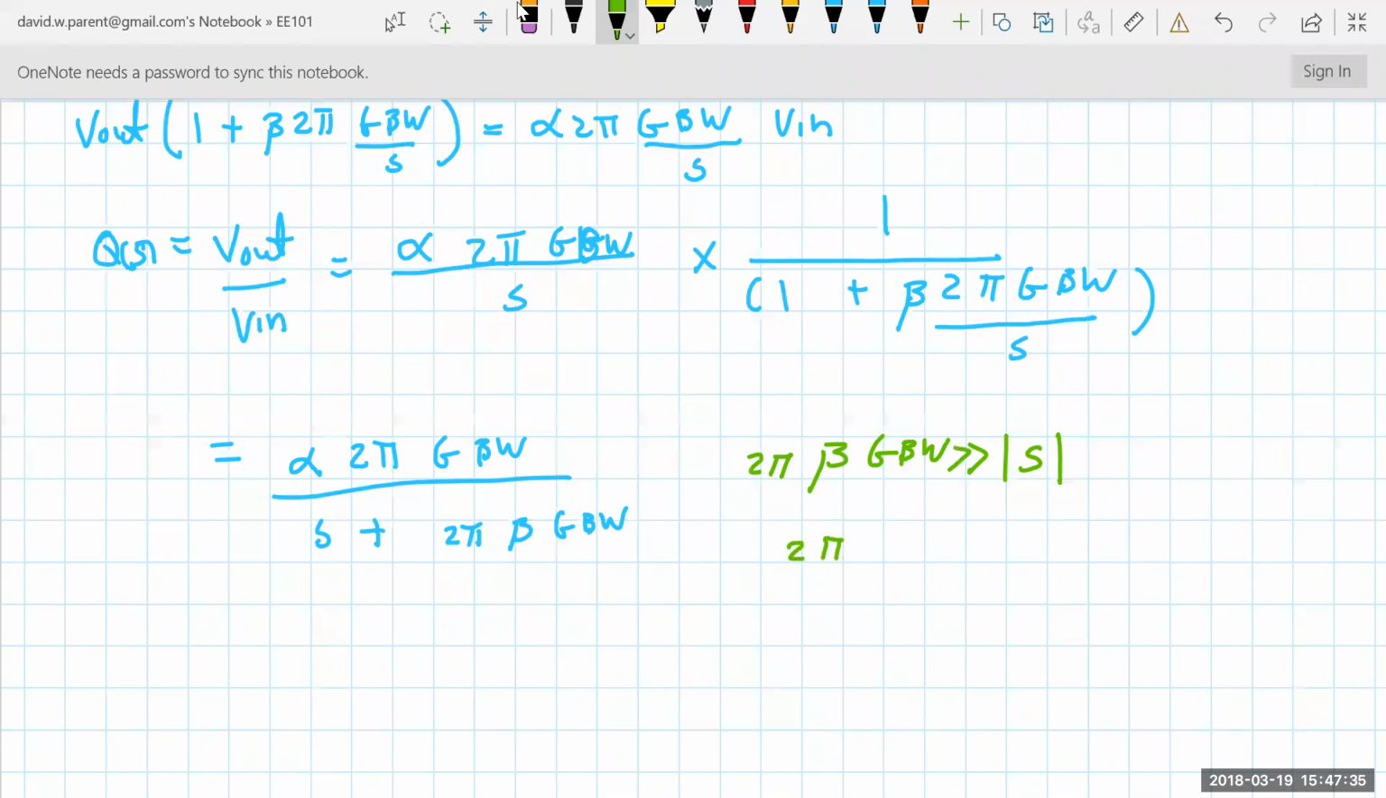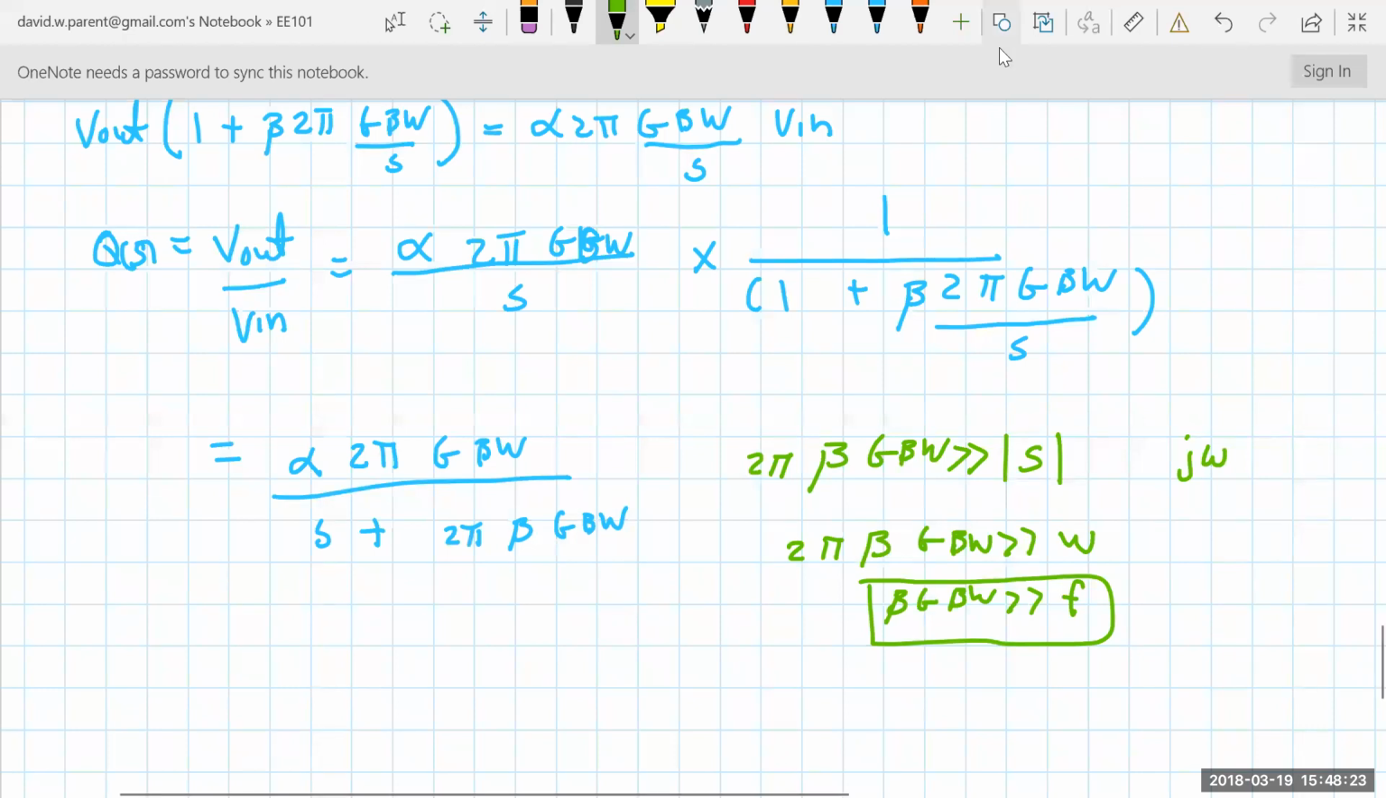If 2 pi beta gain bandwidth is bigger than, well, s is j omega, right? So finding the magnitude of that is the square root of omega squared. There's no real part. And so really, it just has to be bigger than omega, canceling out the 2 pi's, which is interesting because that was the same result that we got for the non-inverting case,